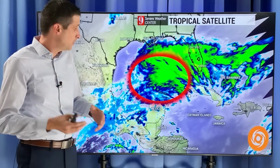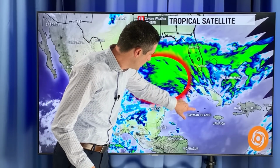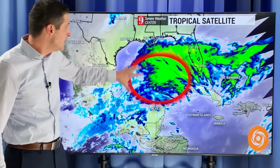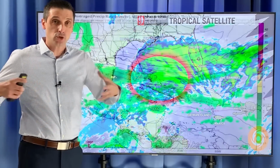Now, this is the spot we're watching in the Gulf of Mexico. Here we are across the Caribbean, Cayman Islands, Jamaica, Cuba, Yucatan of Mexico. You get over toward Cancun, Belize, Honduras right here. Here's Roatan. It's this area here, south of Louisiana, to the east of Texas, that is starting to now flare